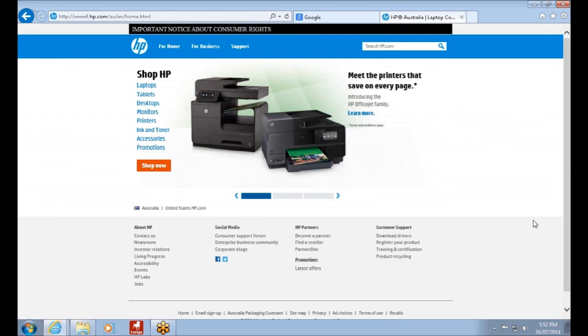Link graphic important notice about consumer rights. Very good. That's a graphic link. Important notice about consumer rights. Yep, that one reads really, really nicely. Very good. Link graphic HP registered sign Australia vertical bar laptop computers. Yep. Not a problem with that one. Graphic HPE underline or underline in underline HHO underline IPG underline or underline family underline